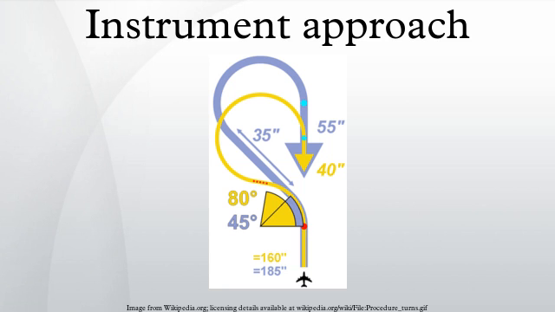Contact approach: a contact approach may be asked for by the pilot when the pilot has 1 mile flight visibility, is clear of clouds, and is expected to be able to maintain those conditions all the way to the airport. Circle to land maneuver: a circle to land maneuver is an alternative to a straight-in